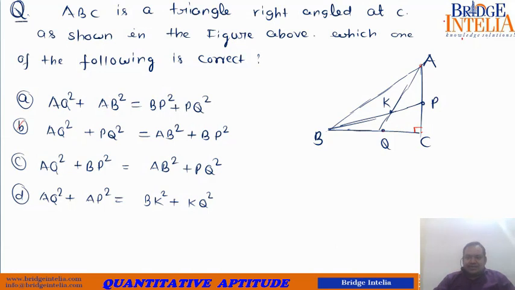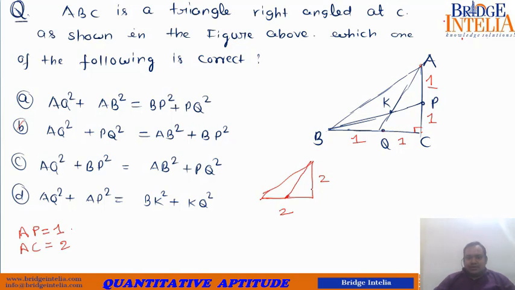So how to solve such questions? I insist again and again that if options are quite different, you can take dummy values. So what do I mean? You can take all these sides to be equal to 1 and then see what happens. So AP is equal to 1. Fine. AC will be equal to 2. So the larger triangle has become 2 by 2. This is the midpoint and this is also the midpoint.